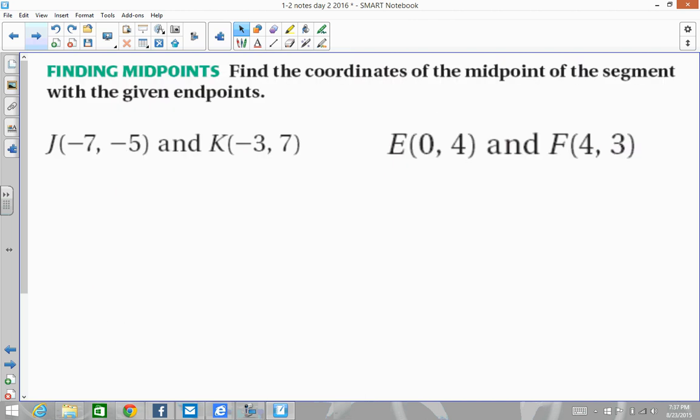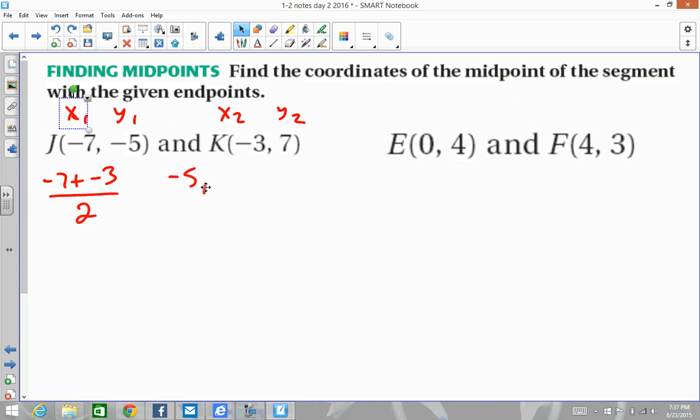All right, so let's do some practice. It says find the coordinates of the midpoint of the segment with the given endpoints. So x1, y1, x2, y2. It's an average of the x's, so -7 plus -3. Don't subtract. It's adding, divided by 2, and then the y's,